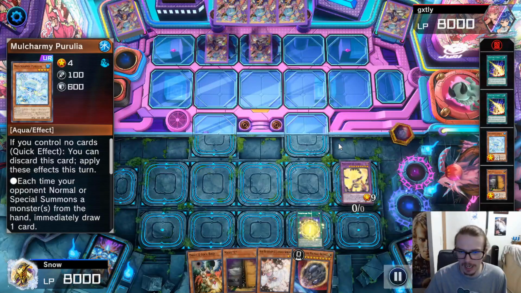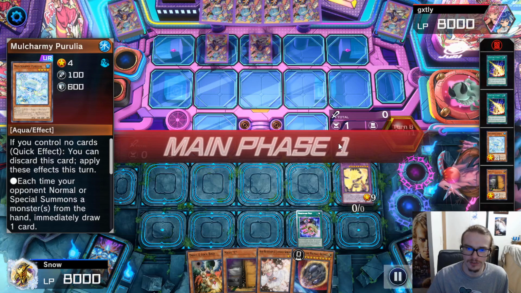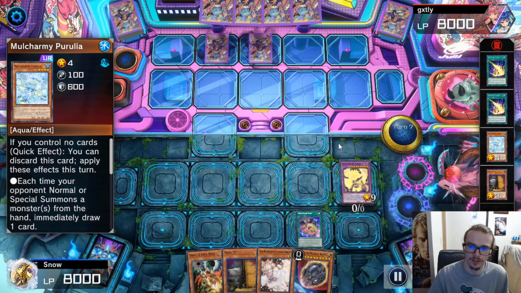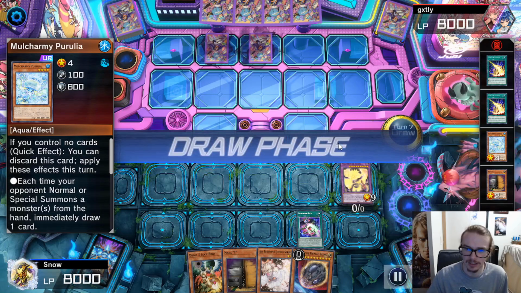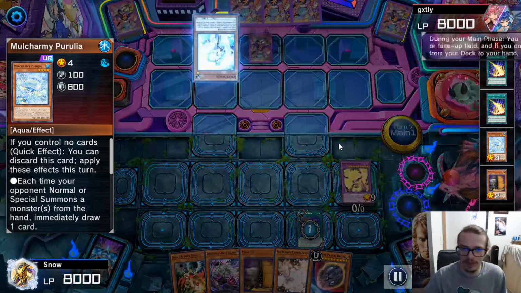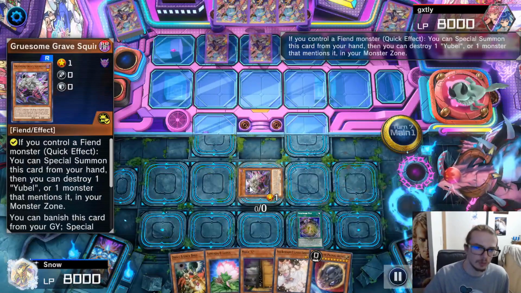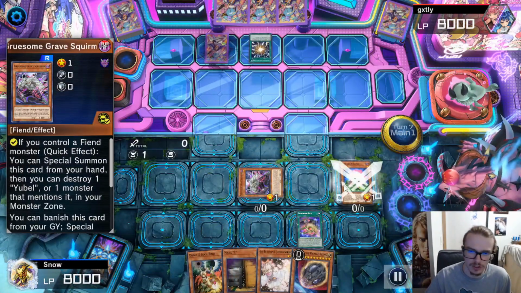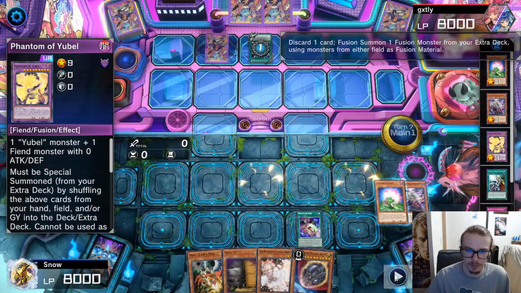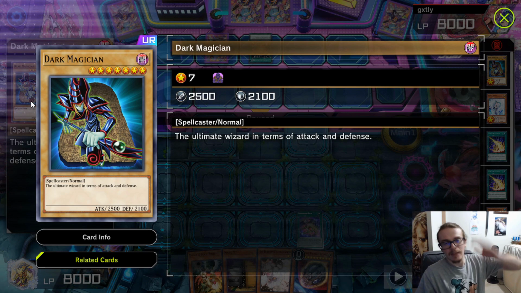We're just going to immediately activate the Nightmare Pain and just pass, because I don't need to do anything else. I have 5 interactions technically in hand, so there's that. It's basically on them. Anyway, we're going to go for the Nightmare Pain, to which my opponent will go for the Veiler, and I will summon my Grave Squirmer, and then just pop the Phantom of Yubel. My opponent then goes for Super Polymerization, and I immediately see why they have bricked. They are playing the